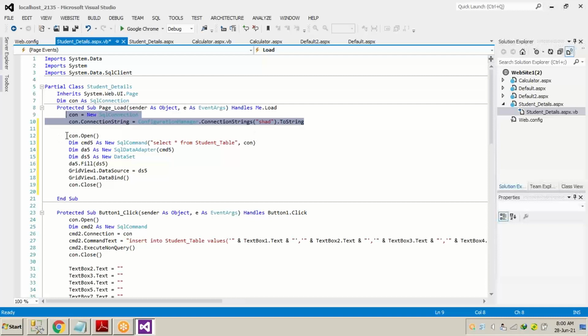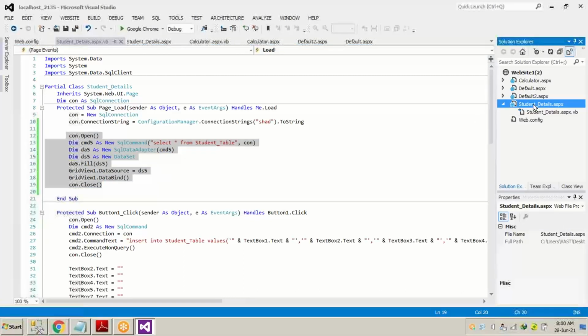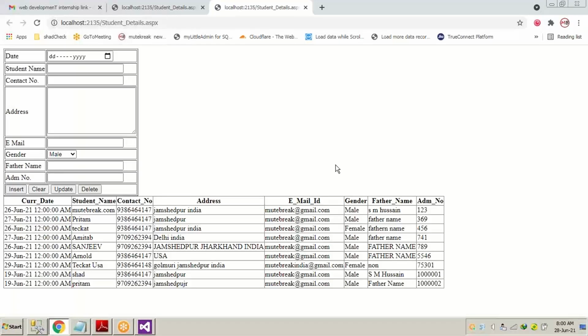The second set is to connect the particular table with the grid view and show it on the screen. Now if we open the page, you can see that the grid appears as we open the page. Previously it was not happening until we inserted some data, then only the grid appeared.